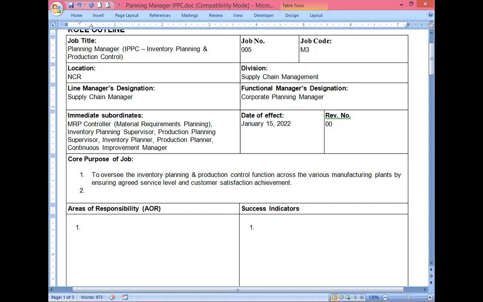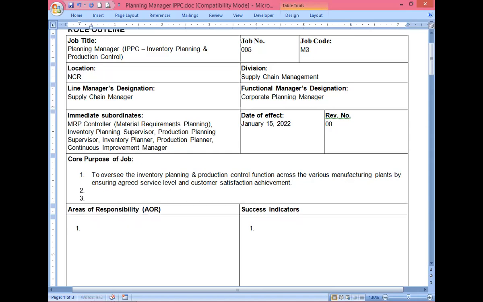Actually, I have decided to make two purposes. This one is actually the main purpose, right? I need to put a second purpose. What is the second purpose? The second purpose is long-term plan. This is the short-term plan, and what I need to do is long-term plan, strategic planning.